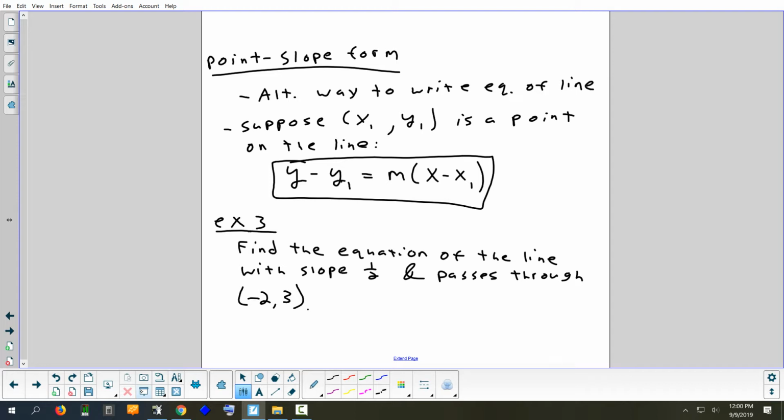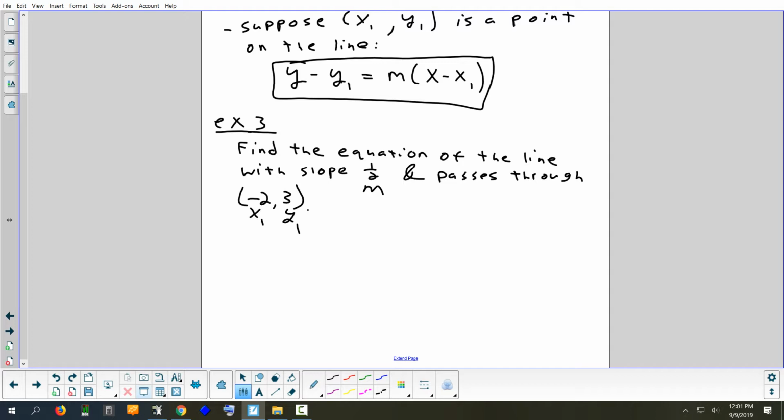Let's start with -2. What is that? That's your x1. And what about 3? y1. And if you fill them in,